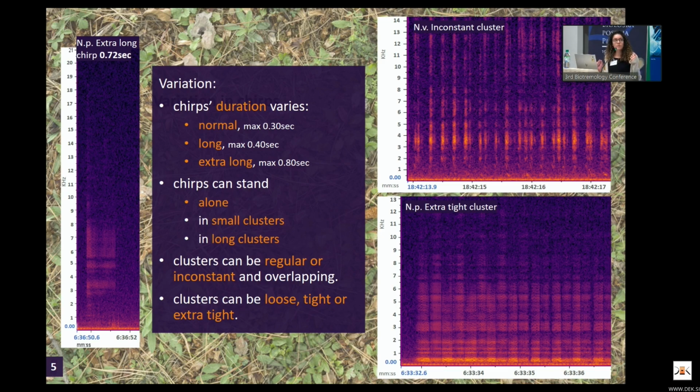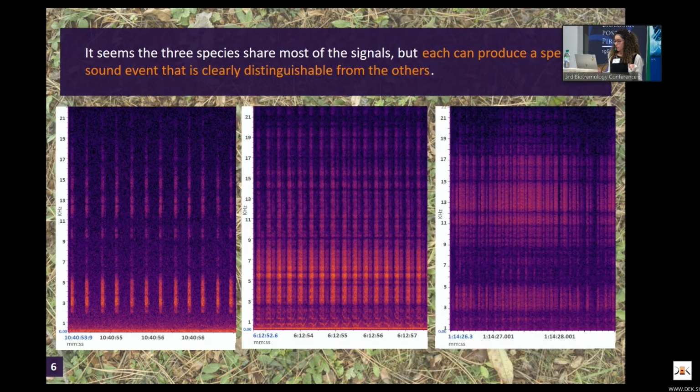But I'm saying that we could do this potentially, and much more investigation is needed, because the 3 species differ a lot in their average break length, both between chirps and between sound events. So it's difficult to come up with a unified value that could count as an actual threshold for these categories. And so for all the signals I described thus far, it seems that all the species share most of them,